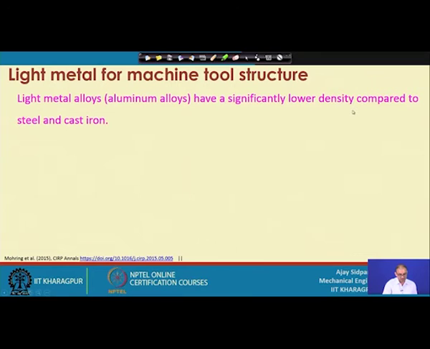These materials have significantly lower density compared to steel and cast iron, because we know that for construction material, mostly we prefer cast iron for the base and steel for other parts, but the density is high. So, your weight will also increase, and once the density is very high, machining is also not that easy. Ultimately you have to process it, or shape this material, so that will also take a lot of time and energy. So, aluminum alloy is one of the choices by which you can replace some of the components of steel and cast iron, not all.